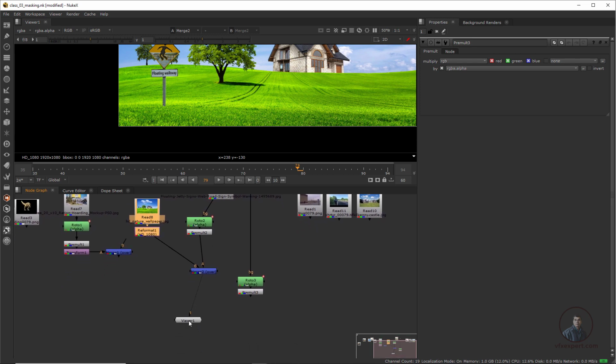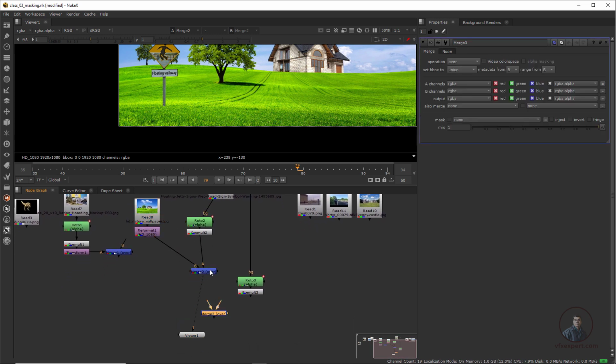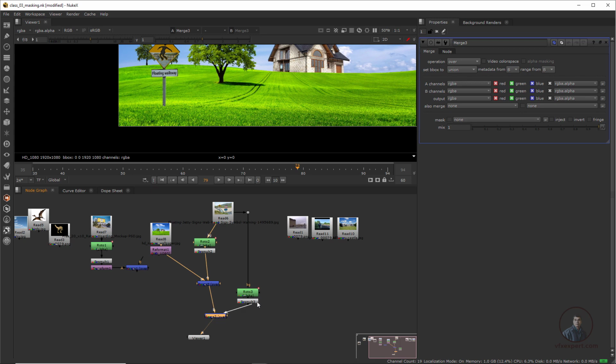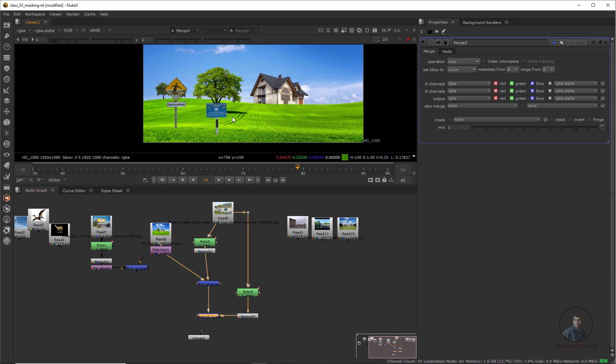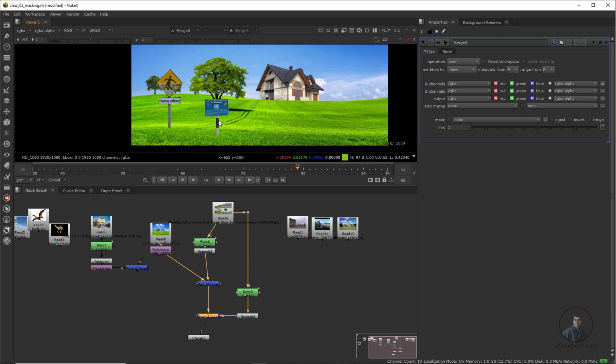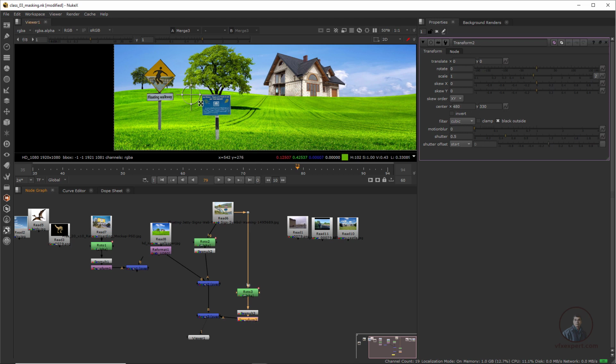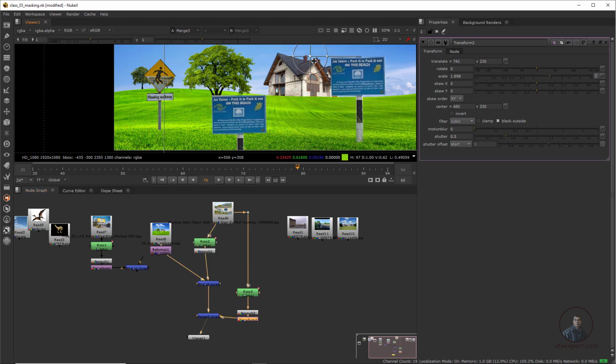Now take a Merge node, press M. So for the total output, this will be our background, and the next object, which is coming from the same image, will be our foreground. So now you can see, I have composed both of these objects from this single image. You can also change the positions of this object. Use Transform for this one, press T, and you can place your object anywhere in your scene.